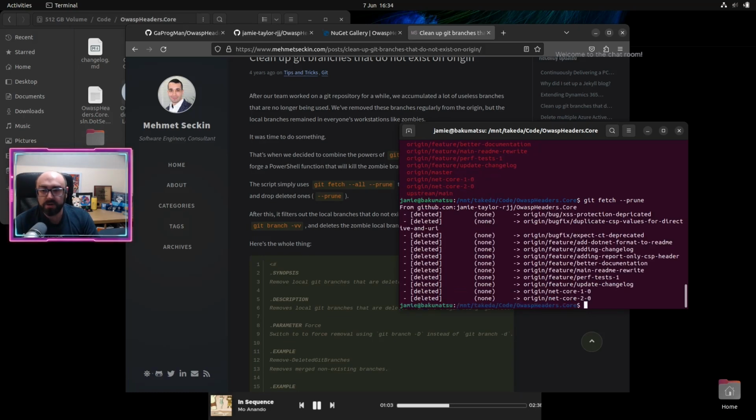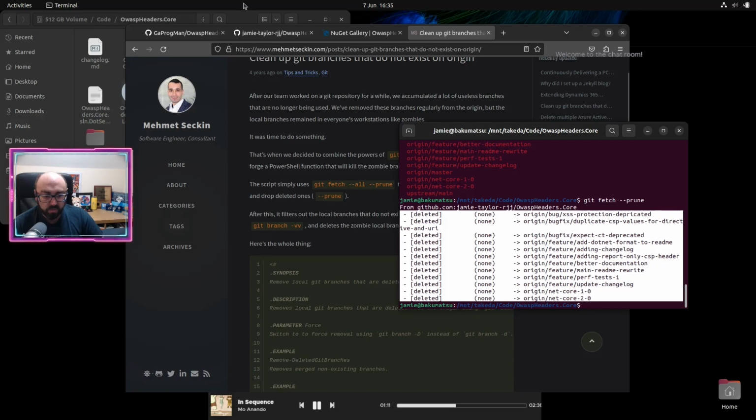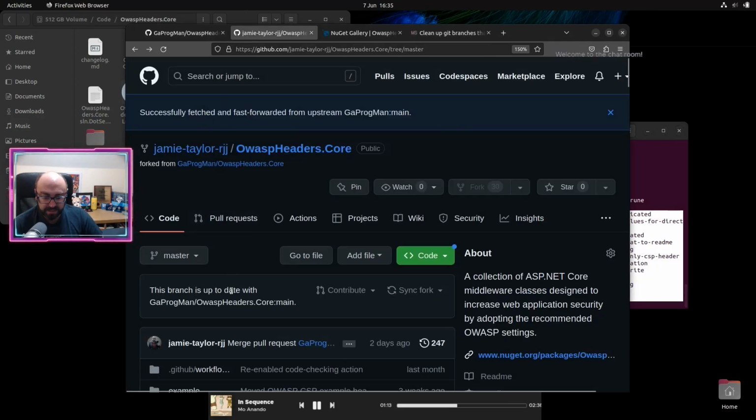Cool. Okay, so I know what happened there. All of these branches that have been deleted just now, well, at one point existed here in this repo. They don't exist anymore, but when you do a fetch, all it does is add to it. It's an additive fetch, right? So it adds new things. When you do a prune,